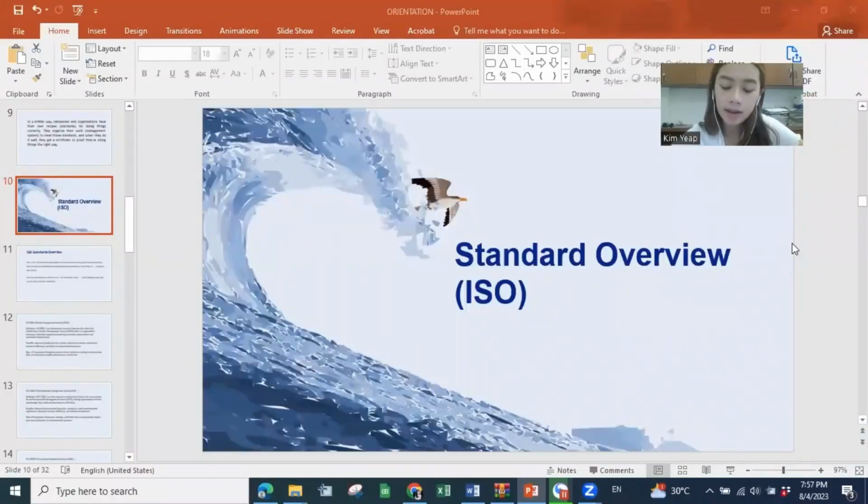Okay, after going through what a standard is, I'm now going to talk a little more about standards, because what we explained in the terms and definition is just the basic definition of a standard. A standard actually has a lot more for us to talk about, because this session is very important.